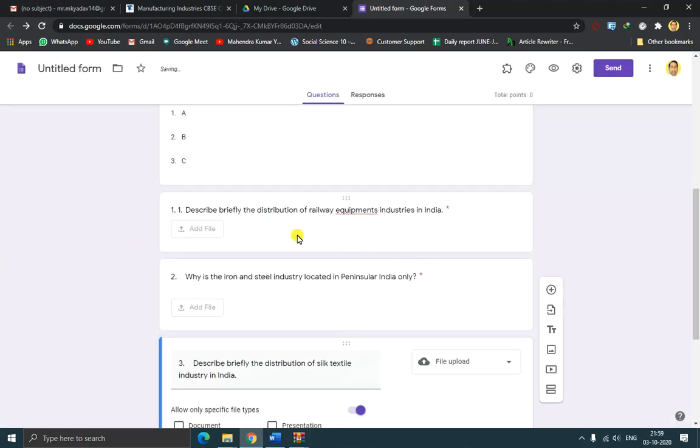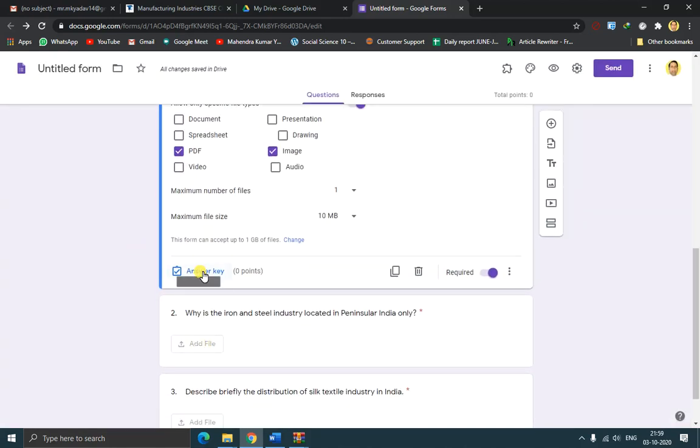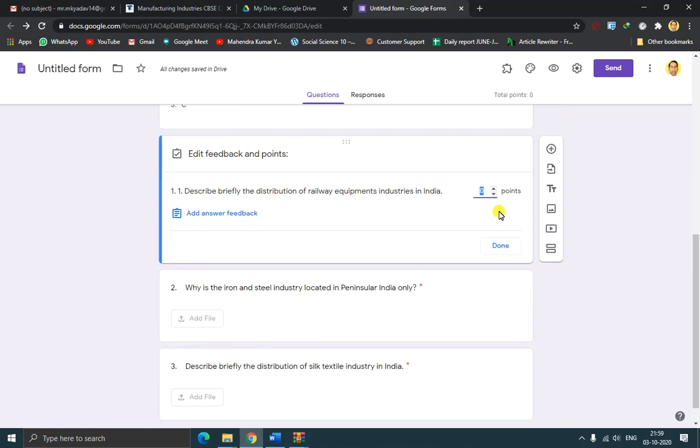Now the options will come for the answer key, but here we are not attaching an answer key, just giving points.